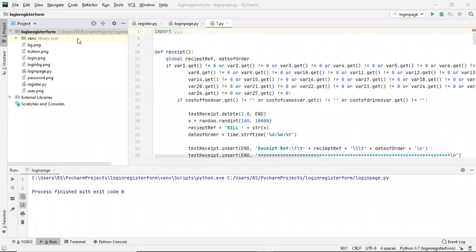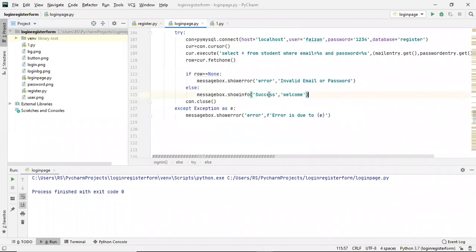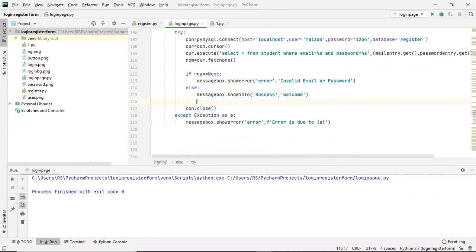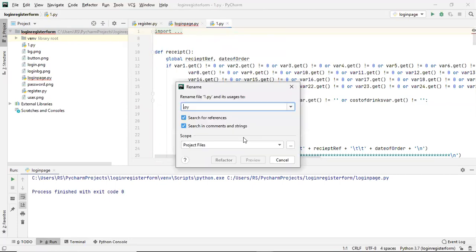Where you are displaying the success message box, after displaying it you can simply import another file, import one. I think this name will create a problem here, so I can simply rename the file. Instead of 1.py, let's make it main.py.